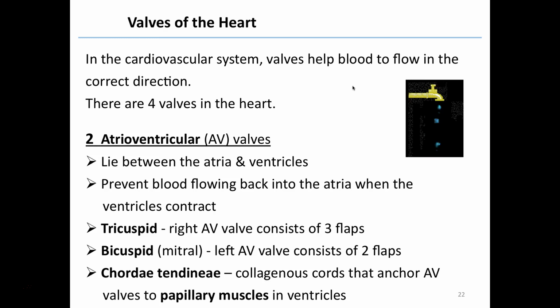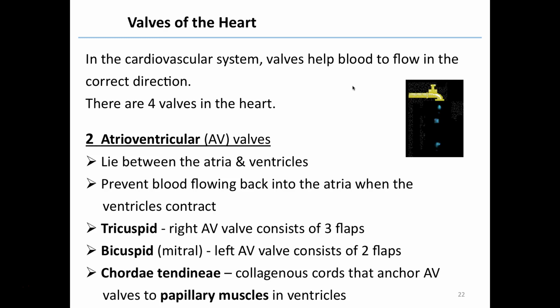So when the ventricles are contracting is when they're actually pumping. And we want that blood to be pumped in the right direction, not back to where it came from. So to ensure that it goes off into the arteries, the valve closes so no blood can backflow into those atria. The AV valve on the right side, between the right atrium and the right ventricle, is called the